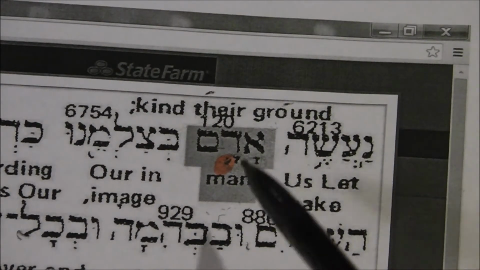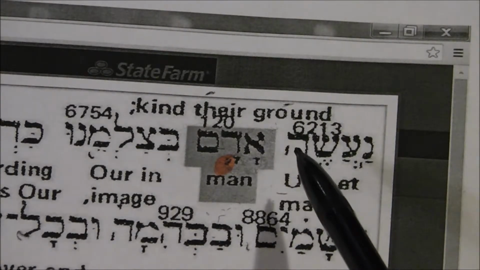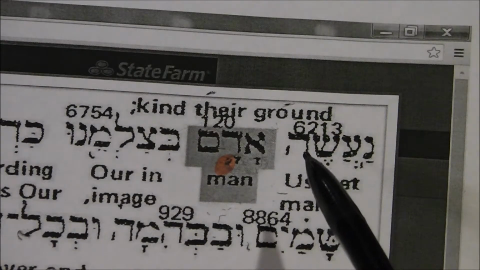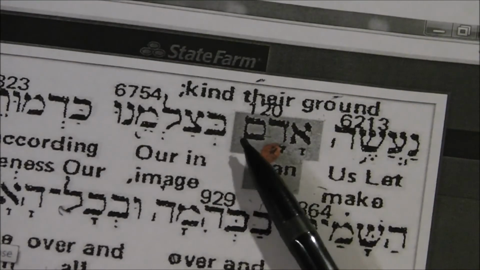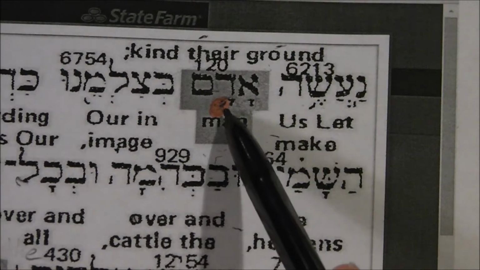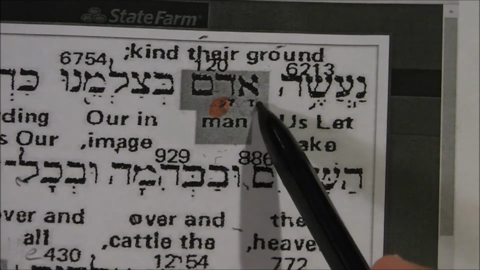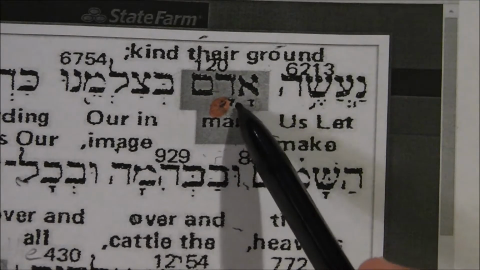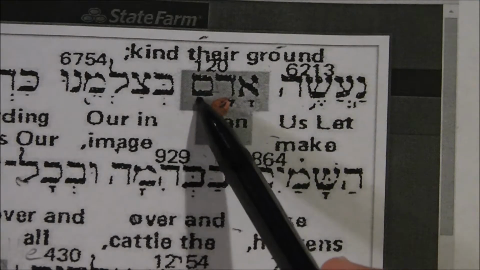So how do you tell the difference? Well, if you're familiar with the vowel points, then what's not a vowel point is a cantillation mark, basically. A cantillation mark doesn't impact pronunciation. So you've got Aleph, which just goes, then you've got dalet with the same vowel point, so that's "da," and then the letter